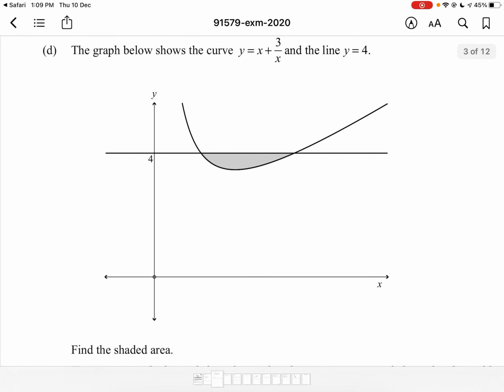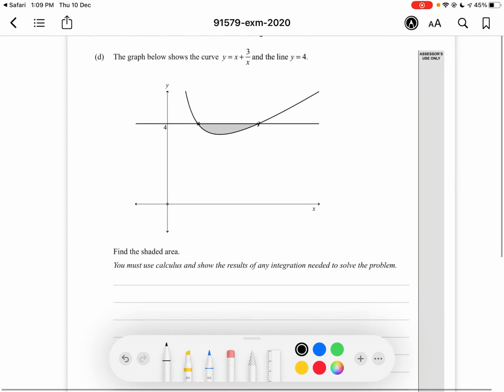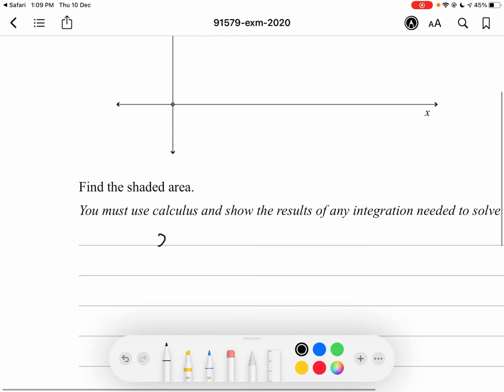Question D, the graph below shows the curve y equals x plus 3 over x and the line y equals 4. Find the shaded area. Alright, so for this question, we need to find the two intercepts, the points where the graph touches the line y equals 4. And then we can take the definite integral between these two intercepts, and we can use that to find the area. So first we've got to find these two intercepts, so we say that x plus 3 over x